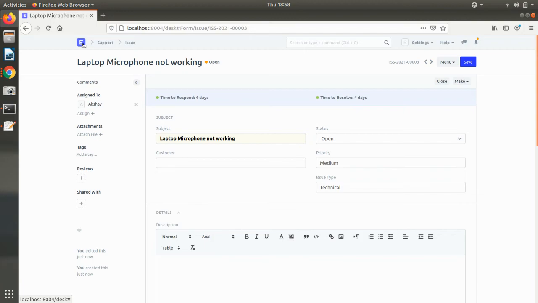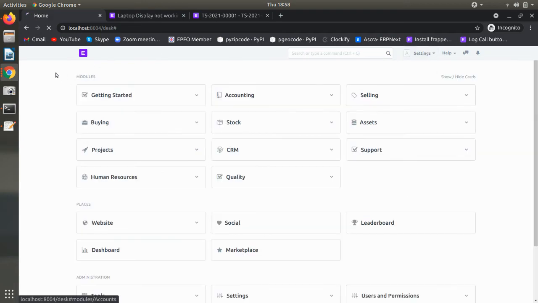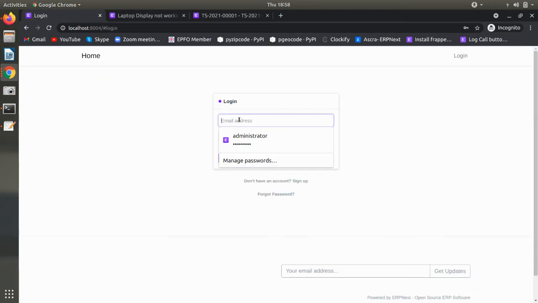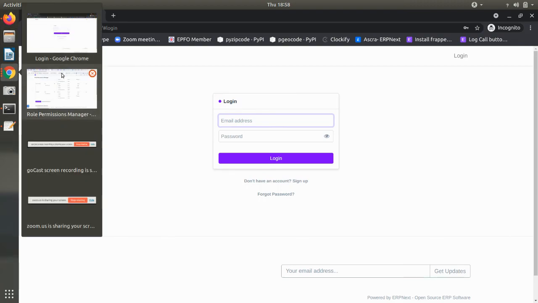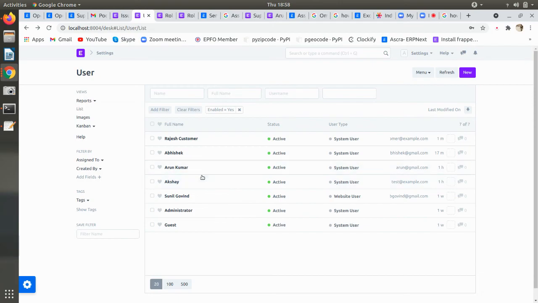So the customer has submitted his task, right? Yeah, he has submitted his task, and we can see it in Akshay's login also. As a support team, let me see where the support team will see this task. I'll log in as a support team member, Akshay.